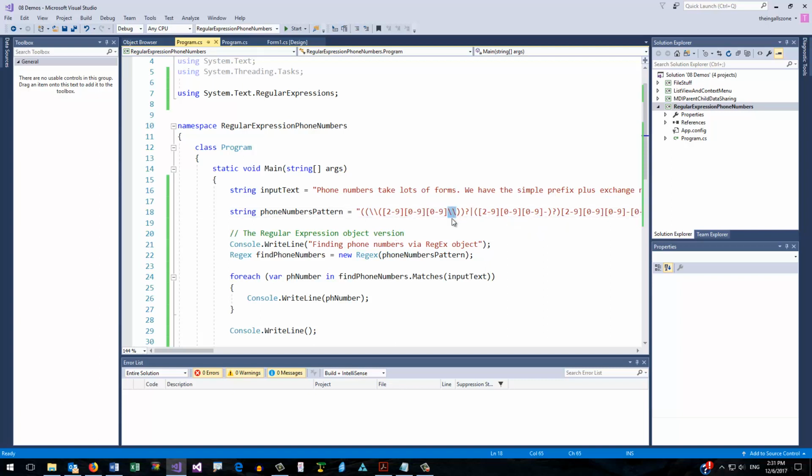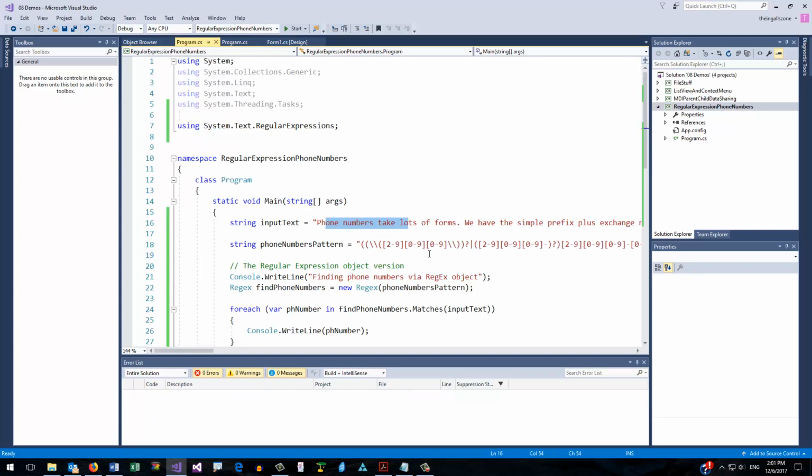Now, alternatively, you could use something known as the verbatim operator. So that would look like this. You'd put an @ in front of the string, and then you would only need to have 1 backslash. So what the verbatim operator does is defeat the ability of the C# compiler to interpret those backslashes. So if you have a lot of backslashes in your regular expression pattern, you might consider using the verbatim operator. For our purposes, I only have a couple, so I'm going to go ahead and leave them in just as they are,